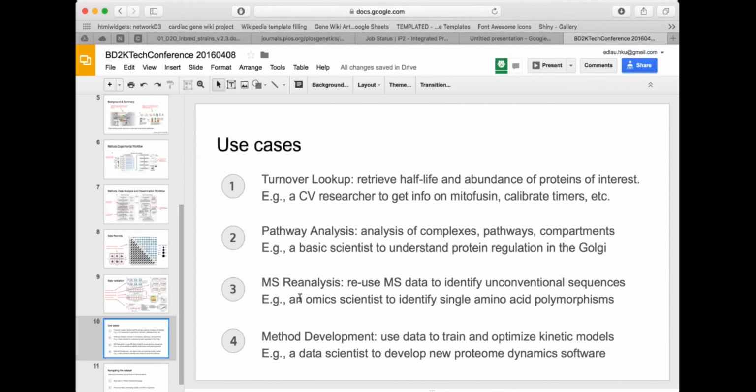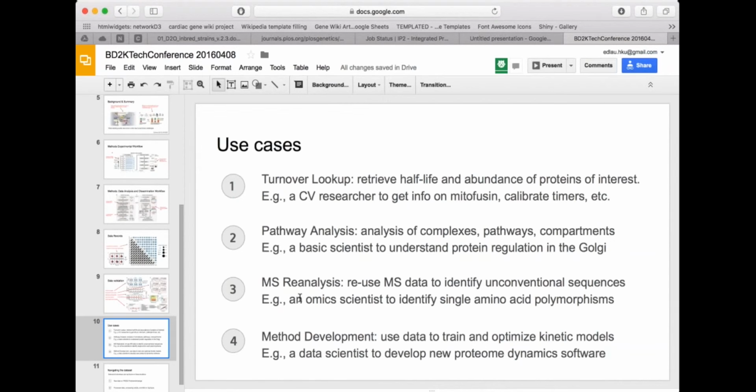If you have a more sophisticated way to identify proteins in the future, then you could also find out the half-life of those new protein sequences that you could identify. For example, if you have a proteogenomic database, then you could identify proteins that would indicate single amino acid polymorphisms and so on. And lastly, we have a complete data set on protein kinetics